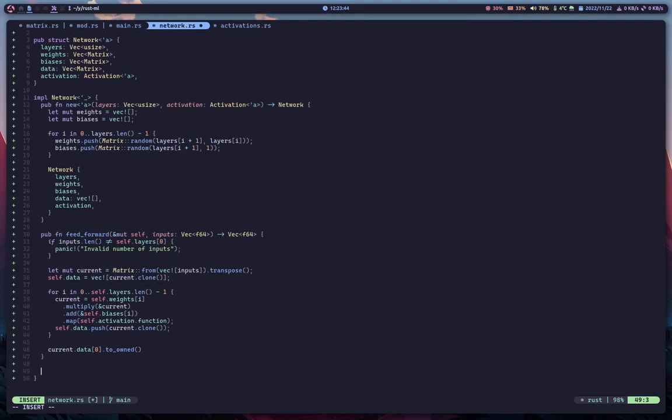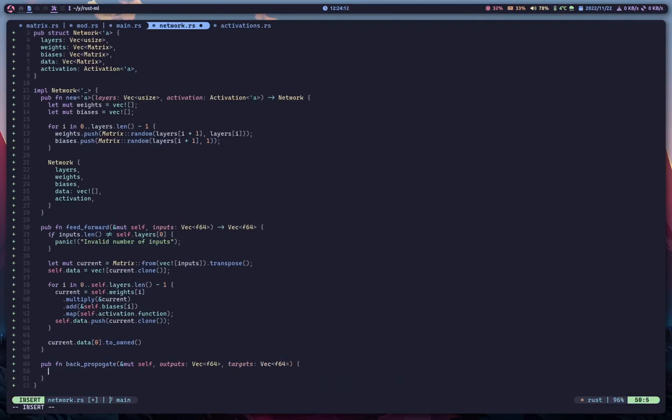Okay, this is where it gets kind of difficult. The backpropagation. It's not a lot of code, but it's kind of difficult to understand. So we're going to say public function backpropagate, and then we're going to take a mutable self, outputs, which is going to be a vector of f64s, and targets, which is going to be a vector of f64s. And then what's going to happen is we're going to say if